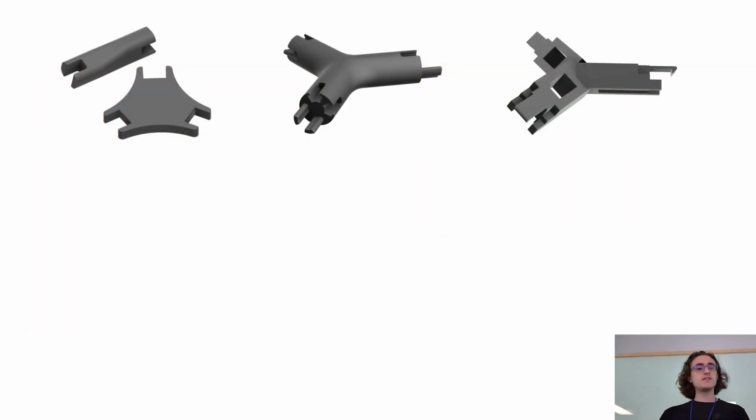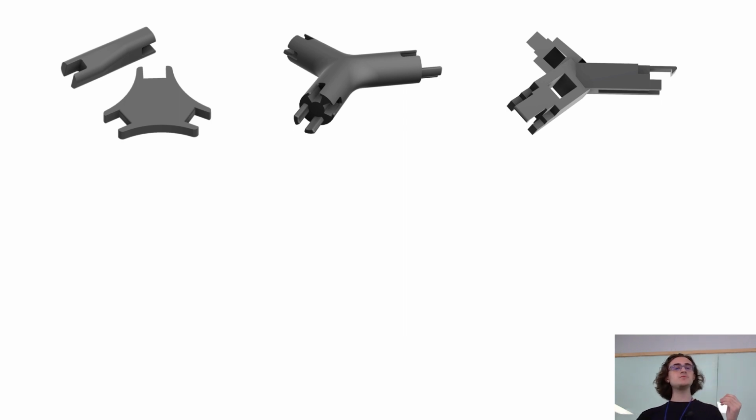So with this in mind, I got to work on some prototype designs that I could 3D print. I started by having each vertex be this three-pronged thing, and then have the edges enforce that dihedral angle. And then I realized, well, you can actually combine the two pieces together into one sort of three-spoked design.